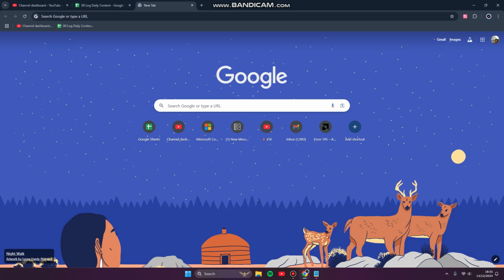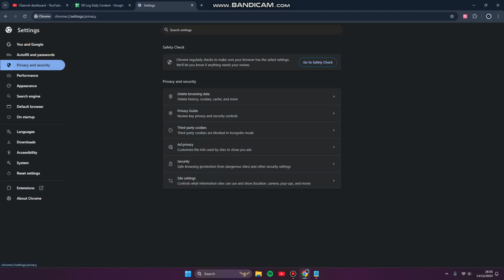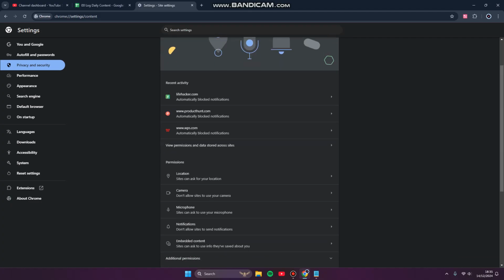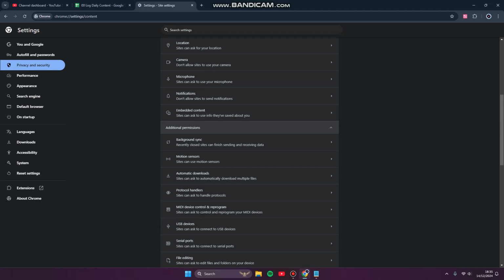Before you open that site, please go to the settings. Click the three dots at the top right corner of your screen, scroll down, click settings, then click on privacy and security, and click site settings. Under permissions, there is an additional permissions option, click it,